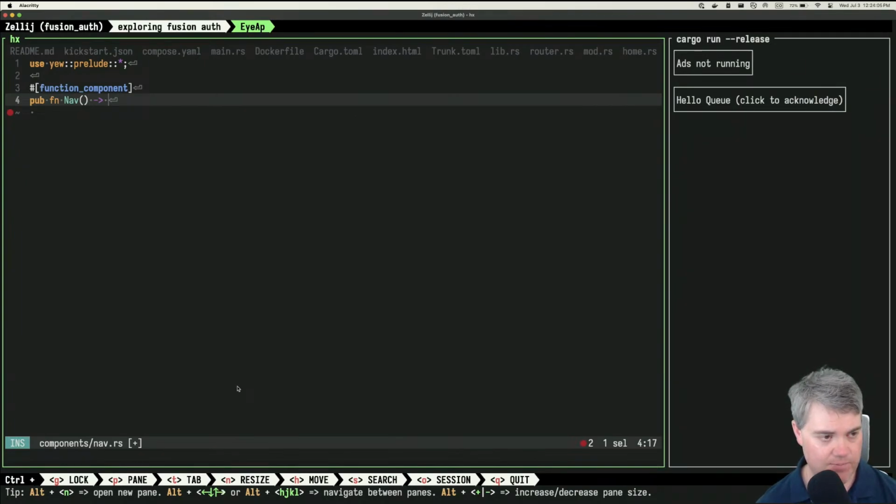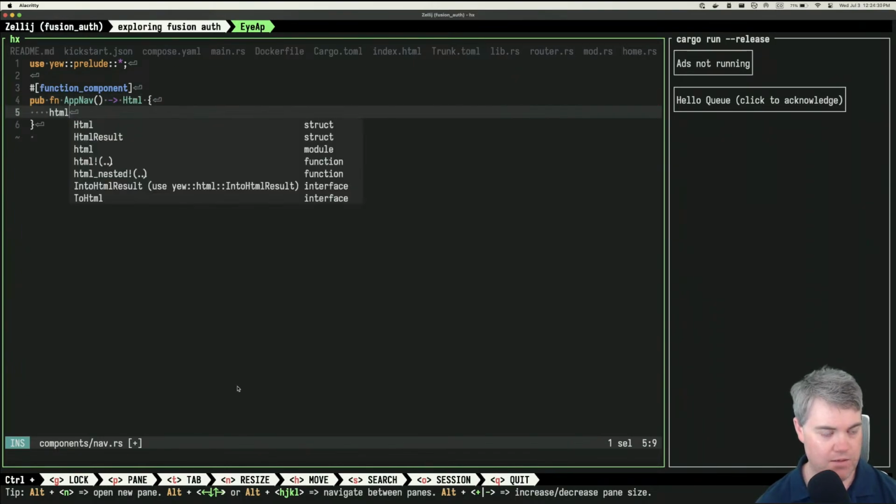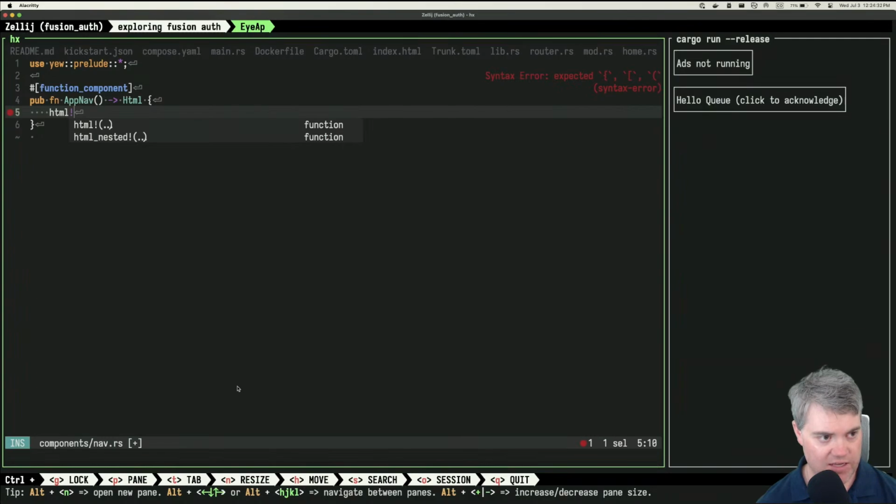Yeah, I'll just call it that for right now. Nav. There is a nav. Isn't there a nav tag? That might not be a good idea to name it nav. You can call it app nav. Okay, so